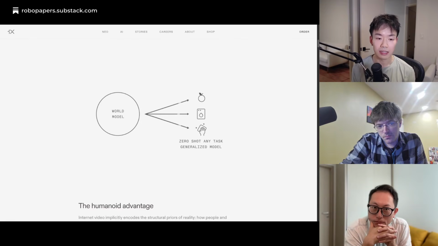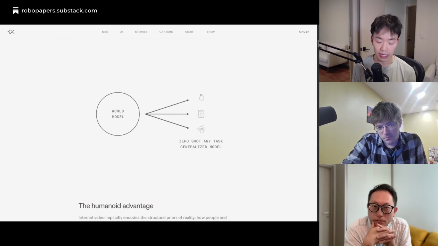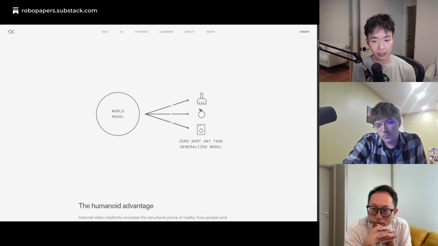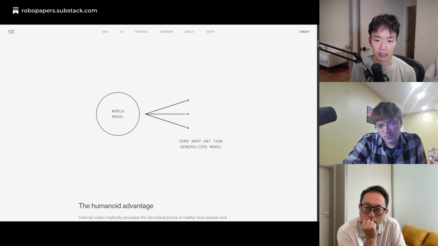Whereas with the VLA, rather than learning directly on video or predicting what happens next in the video, you would instead regress what happens in the action sequence. So you would have a sequence of data from video frames and robot actions, and then you would predict, given that I see this current observation, this current robot image, I should take this trajectory of actions. So it's kind of a more direct regression problem that a VLA learns.